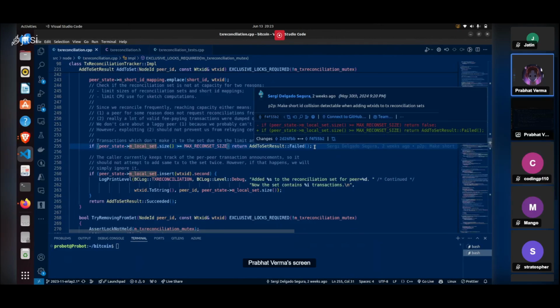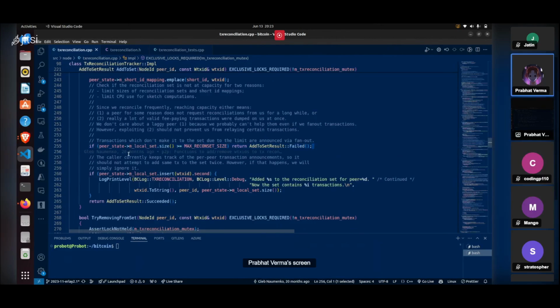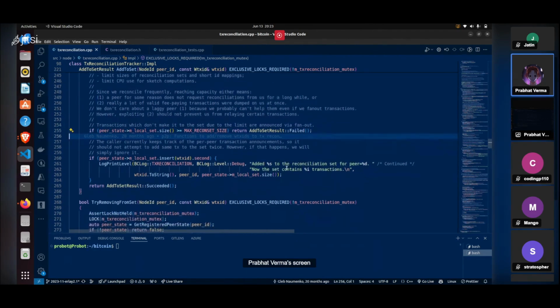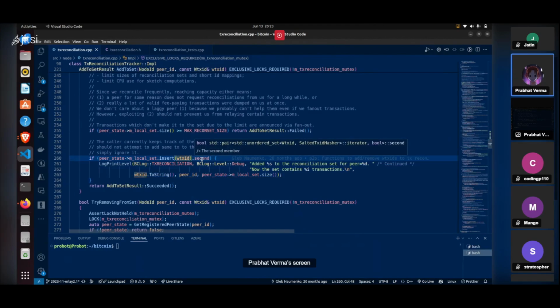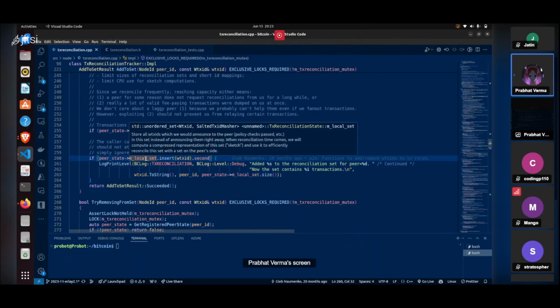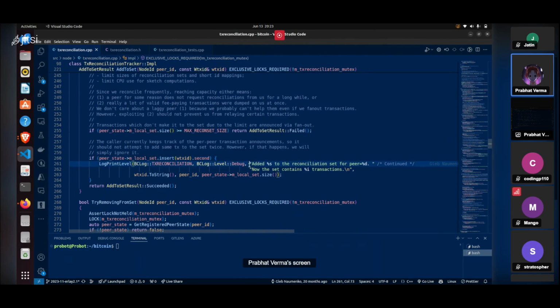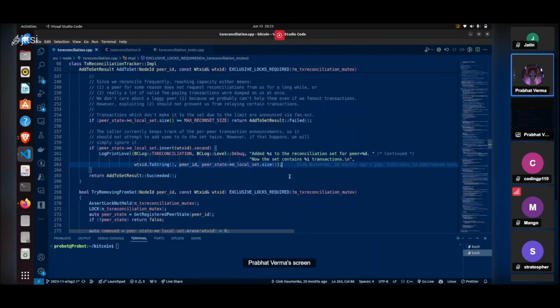So there is an upper bound for that, and we result in a failure if we have breached that upper limit. And we then add the WTX ID in this peer state's local set